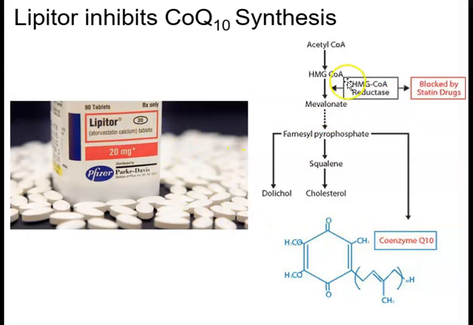Lipitor is a statin drug. It inhibits the reaction between HMG-CoA and mevalonate, and this is where the statin drugs block. So we're not making cholesterol, which is good if you have high cholesterol, but it's also not good if you need coenzyme Q10. So a lot of people actually say that Lipitor gives them sore bones and achy joints, and you can think about your muscles, how much energy they need, the metabolic requirements of a muscle. If the ATP production isn't happening sufficiently from your mitochondria, because you're blocking this synthesis of coenzyme Q10,